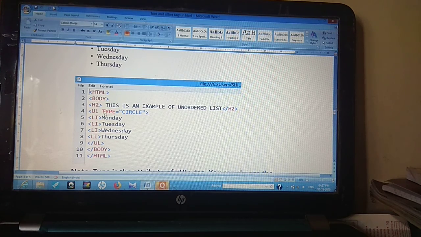You can see the code below. The UL tag is used, then I have used the type attribute. The value assigned is circle. Then the LI items, I have given the listed items below, and the UL tag is closed. So this is how we can create an unordered list in HTML.